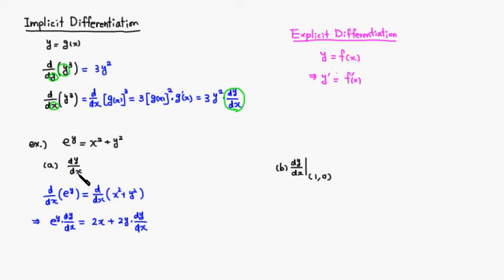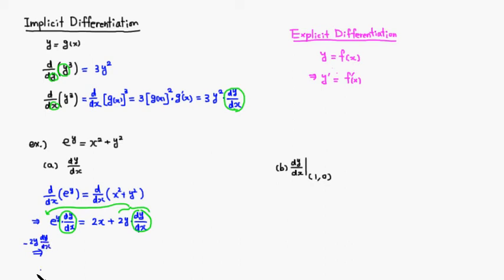Then what we are looking for is actually dy over dx. So we are looking for dy over dx, which shows up here, and another one shows up here, right? So we just have to solve for it. So the first thing we do is put all the terms that have dy over dx on the left hand side. So what we need to do first is move this term right here over to the other side. We can do that by subtracting 2y